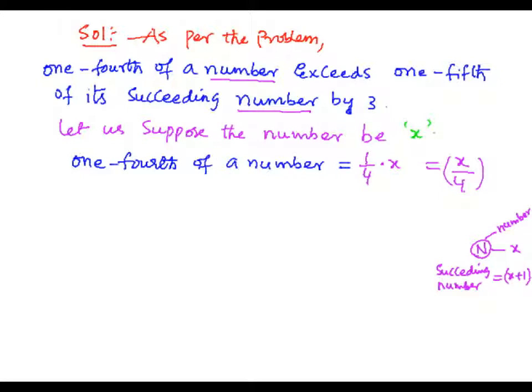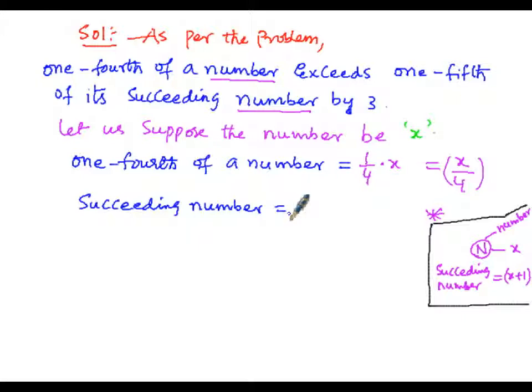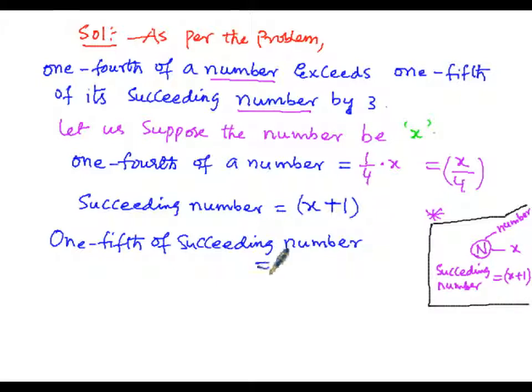If 5 is a number, then the succeeding number will be 5 plus 1, that is 6. So as per that condition, by utilizing this condition, let us write the succeeding number of the assumed one. So we assume the number as x, therefore the succeeding number will be 1 more than the assumed number. So here we have to add 1 to the assumed one. So this will be the succeeding number. But as per the problem, 1/5 of the succeeding number now. So now 1/5 of the succeeding number is given by 1/5